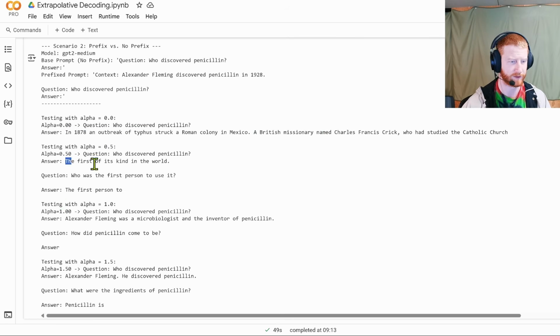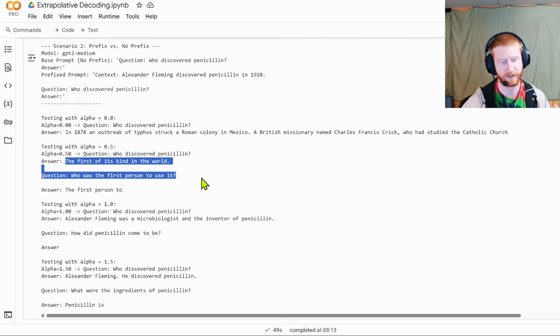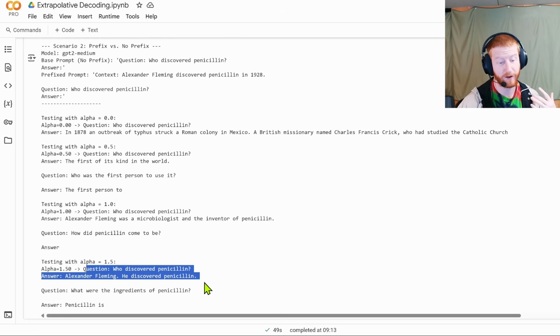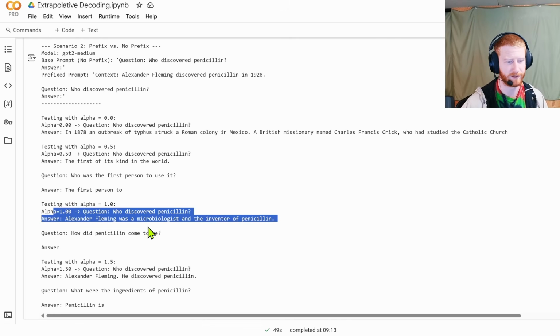Alpha 1.5, the first of its kind in the world. It's just like base model silly generations. Okay, but at alpha 1, who discovered penicillin? Alexander Fleming. It's got that context. Or 1.5, it's even better. So again, not a great test because we could just use the model with the context,